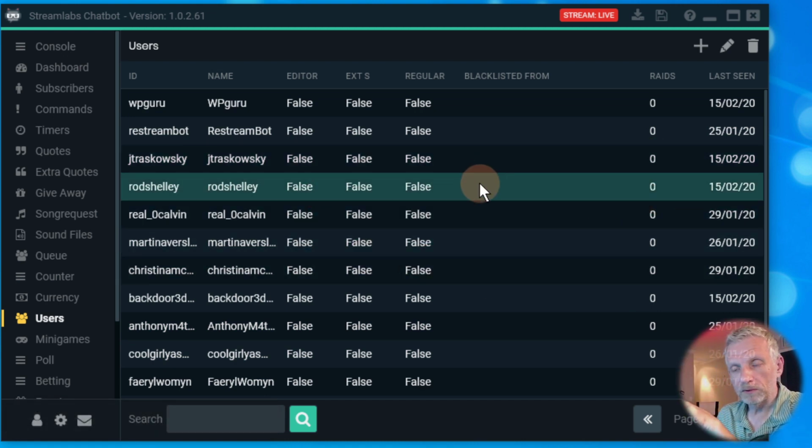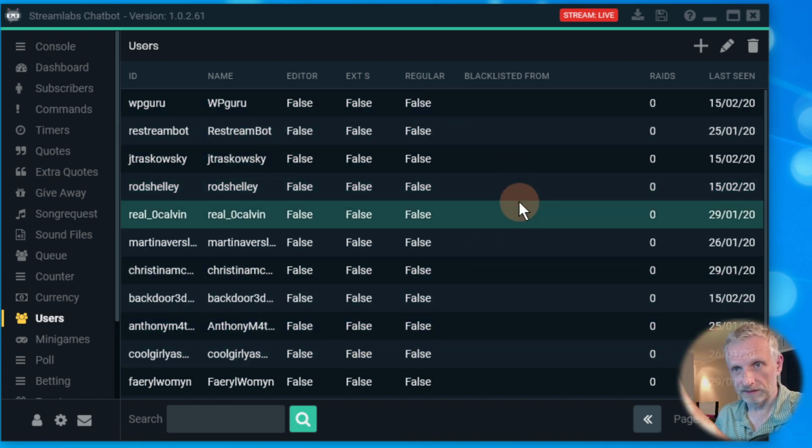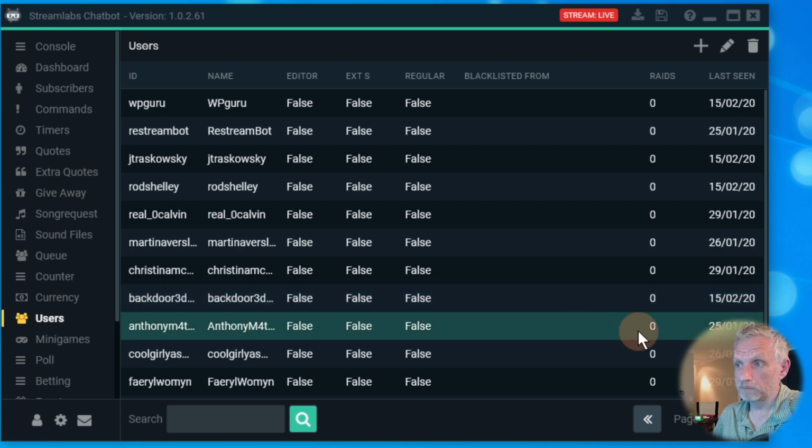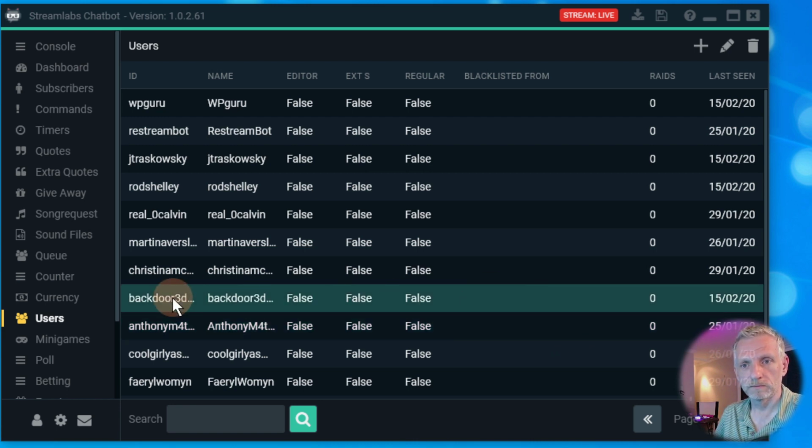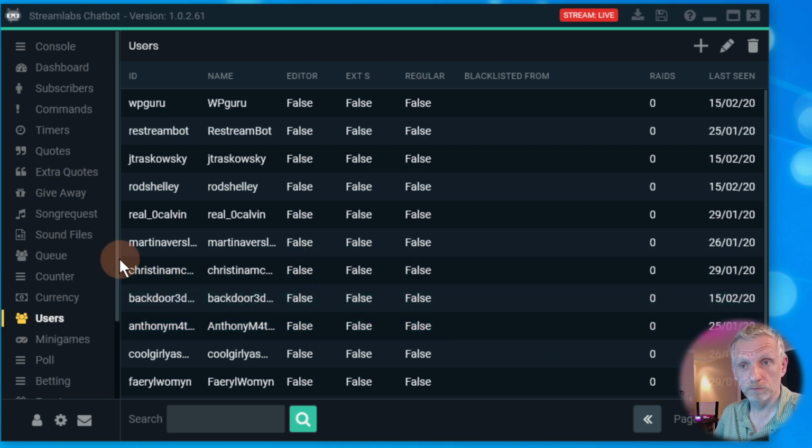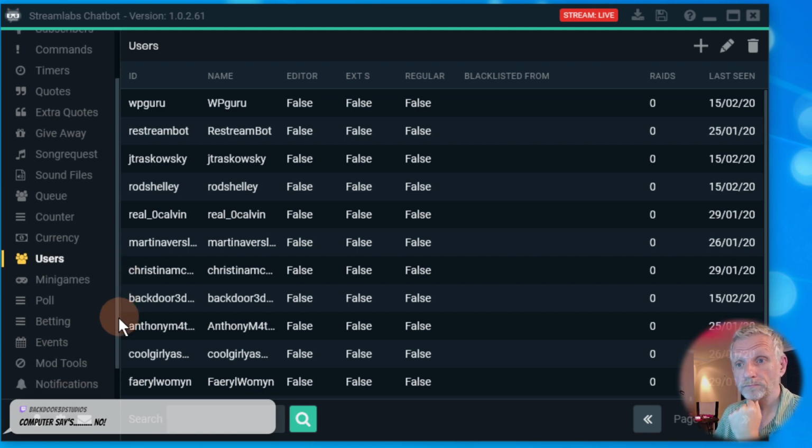This is only the people that were seen when the bot was active at the time. My bot was last active, I guess, in January, so I don't have it running all the time. But I should make a habit of it, because sniping comments is going to be important. It's probably getting more and more useful.